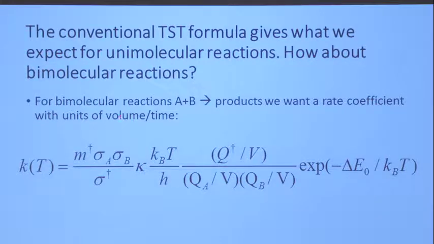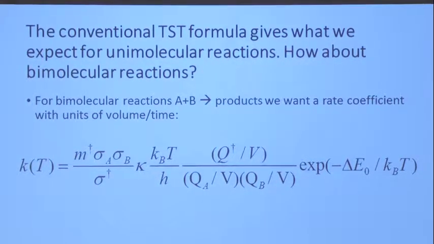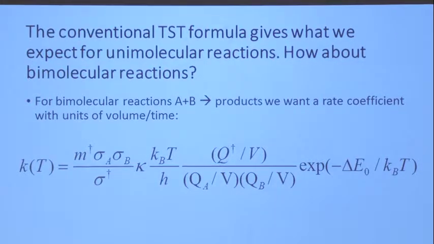And so we want a rate constant with units of volume per time, because we're going to multiply it times two concentration factors. It's going to be K times concentration of A times concentration of B. And for the units to all work out, I need it to be in units of volume per time. And the correct way to do it is to divide the Q's all by the volume. If you remember, in the ideal gas expression, particle in a box, the Q's are all proportional to the volume of the system. And so what this is saying is just forget those volume factors.